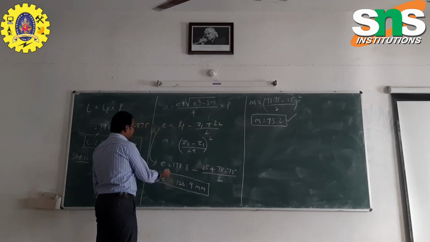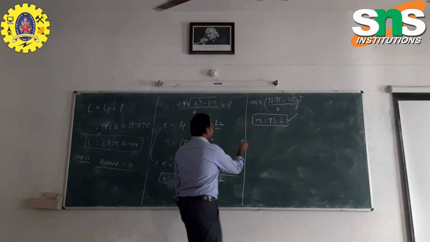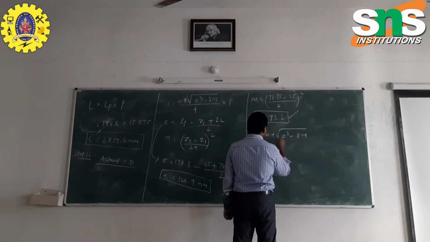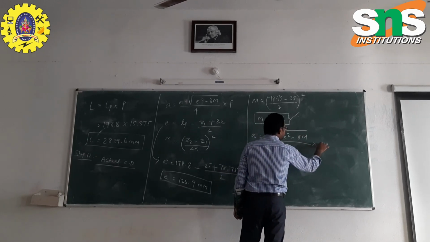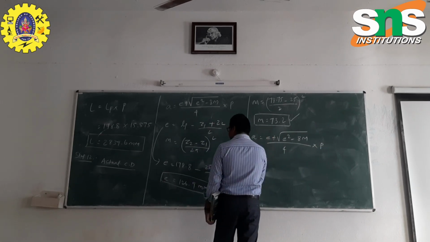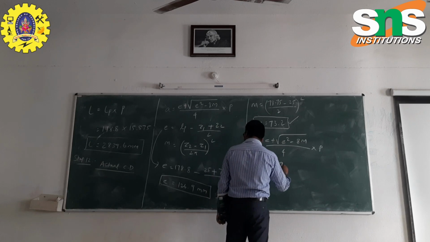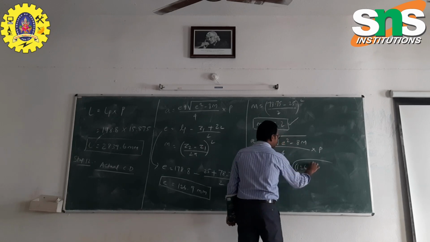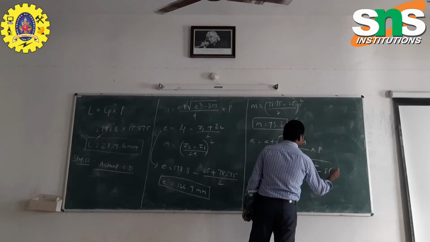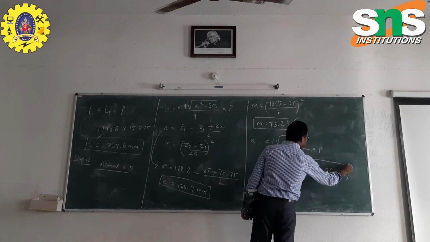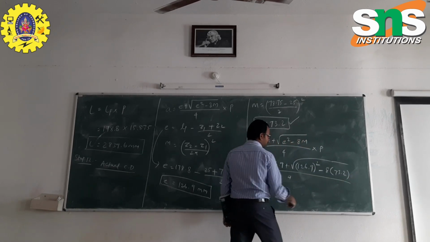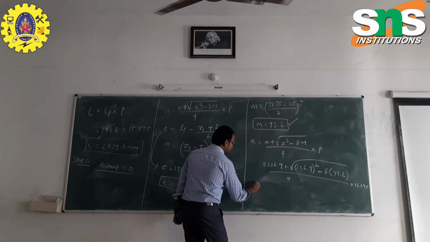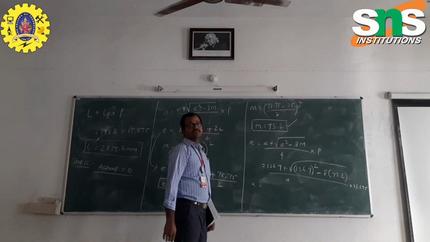So now we want to substitute the E and M values in the above formula. So A is equal to E plus root of E squared minus 8 module divided by 4 into pitch. Now we are substituting those values: E is equal to 126.9 plus root of 126.9 whole square minus 8 into 73.2, divided by 4 into 15.875. Now you subtract, add, and multiply those values.